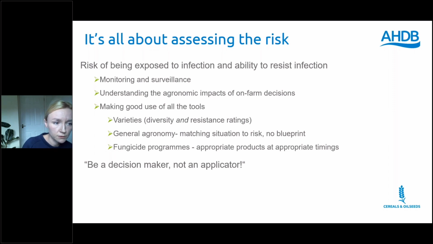So you've got the monitoring and surveillance tools from the UKCPVS. You need to think about what the things that you're doing on farm are going to impact on other agronomic aspects. So again, your drilling date, your variety choice, the number of varieties that you sow. If you have a larger number of varieties, that causes its own issues, but also it's better in certain ways to have a larger number of varieties, because it helps you spread the risk and spread the load in terms of managing those. You have to match your situation to the risk.